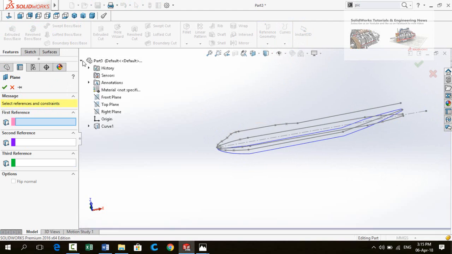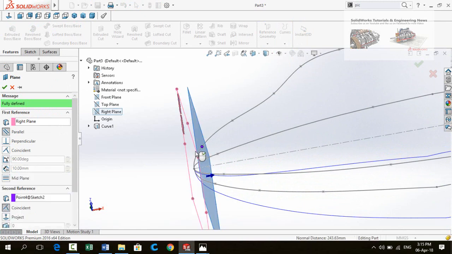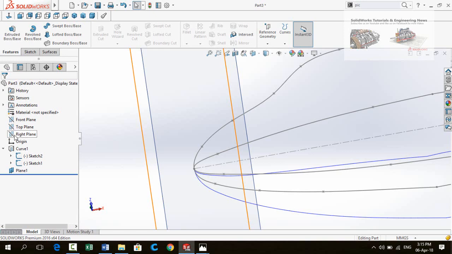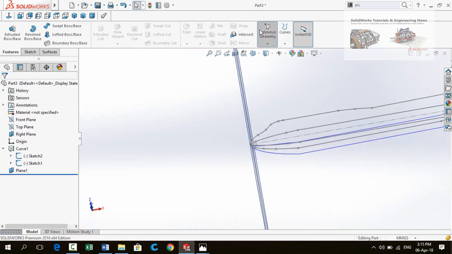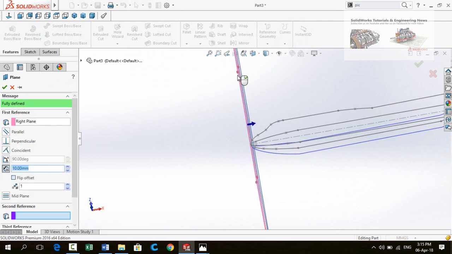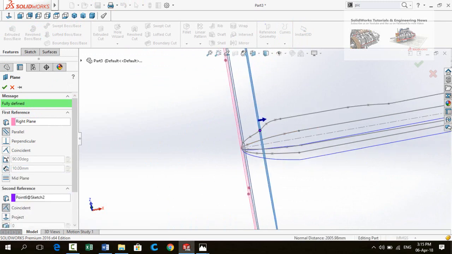Select right plane as first reference and then this point as second reference. Click on the right plane and then unhide it. Again select plane, select right plane as first reference and then this point as second reference.